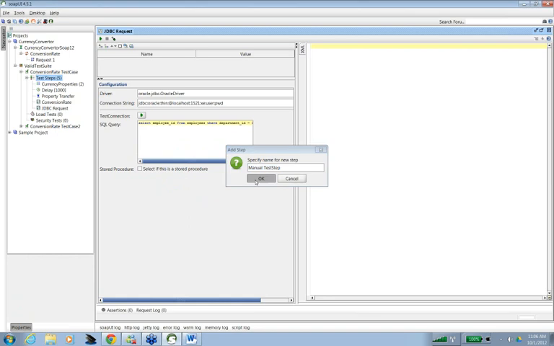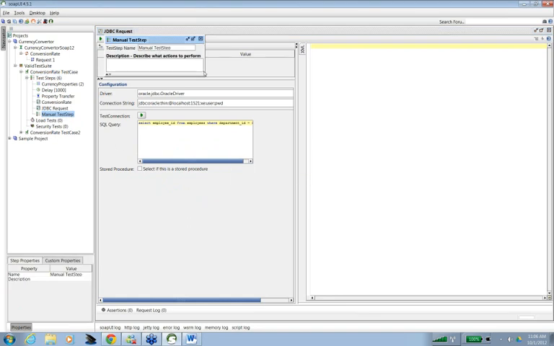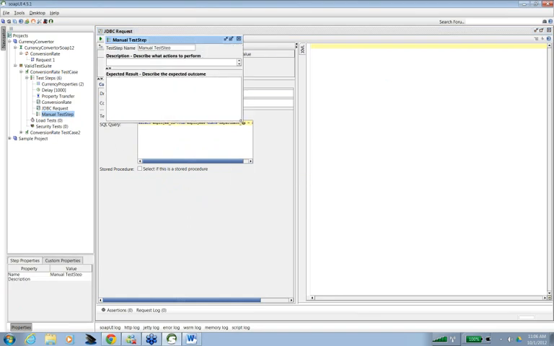So manual test step means that while you are running or testing a web service, there are certain things which cannot be automated. One very simple example is this. Let's say I'm working on a banking application, right? So I am using a web service which actually authenticates a user for the credit card.